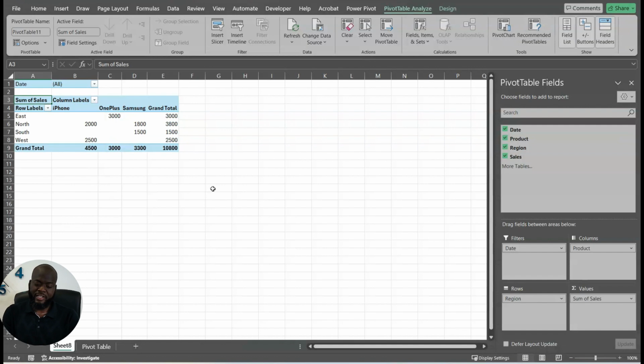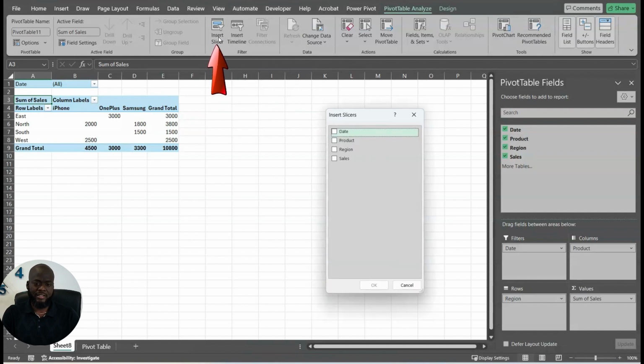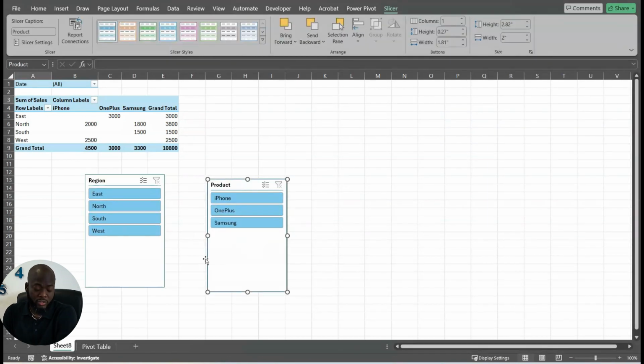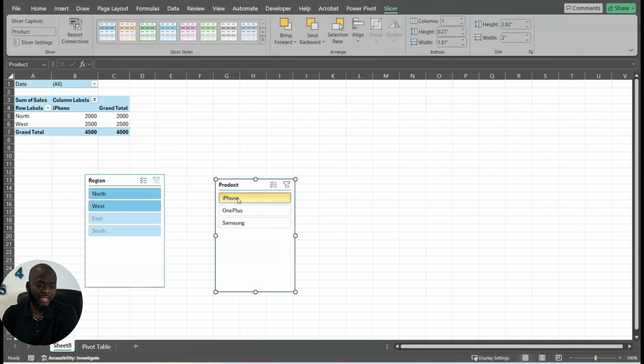In order to filter even easier, we can also use a slicer. So let me show you what a slicer is. In order to add a slicer, under the PivotTable Analyze tab, click on Insert Slicer, and include any slicer that we want to include here. For example, product and region. So click OK. So if I want to see sales by product, I can easily select the product that I want. For example, iPhone. When I click on this,